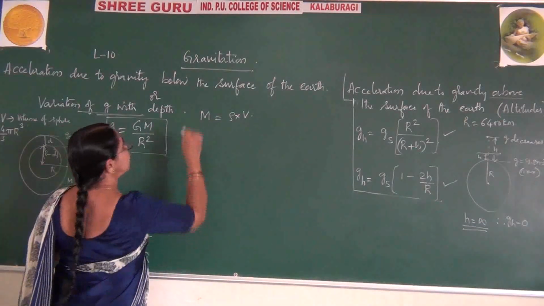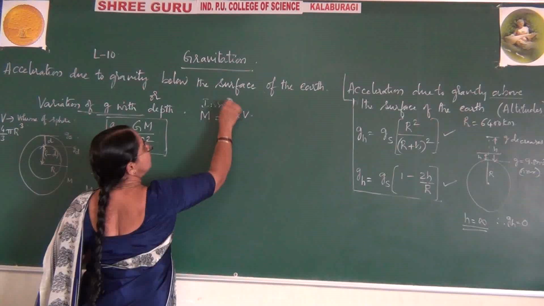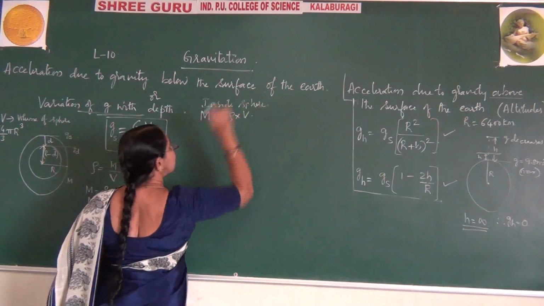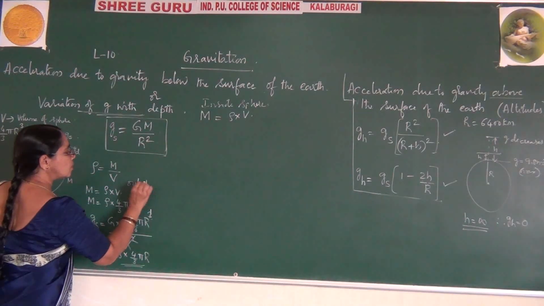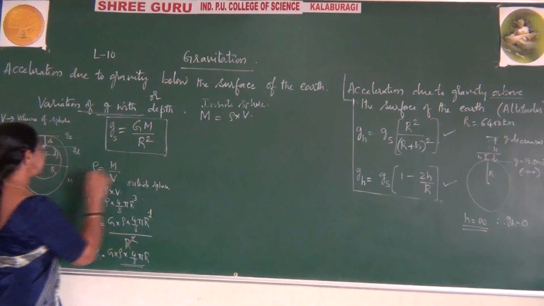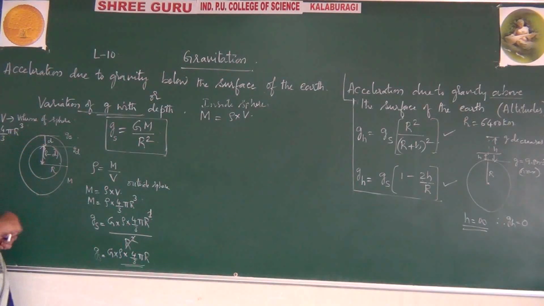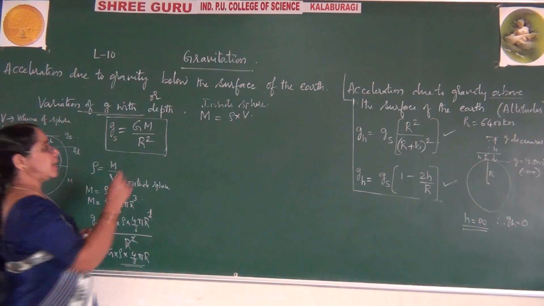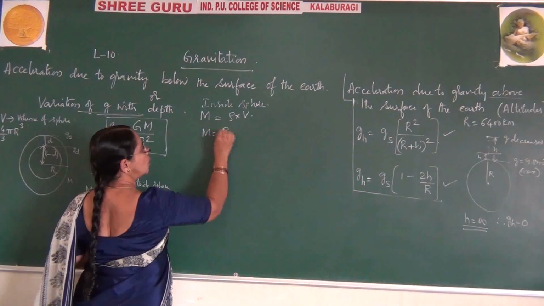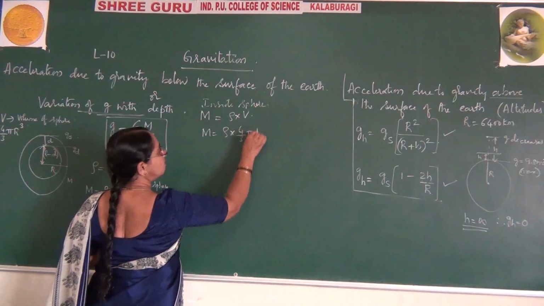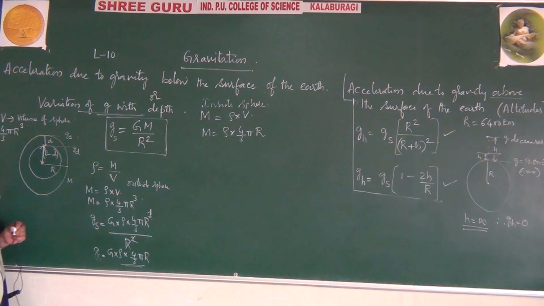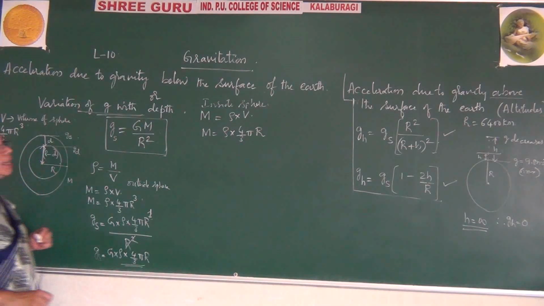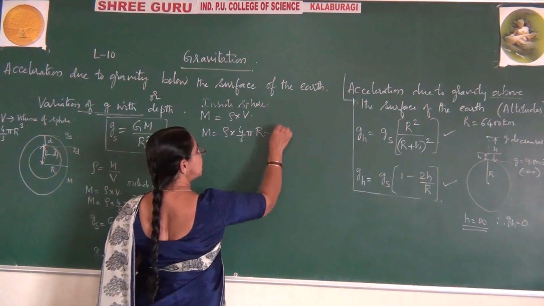This is for the inside sphere. Please remember how I wrote this one: this is for the inside sphere, and this is for the outside sphere. So we have two spheres here, one which is inside and the other one, the outer sphere. Now let me write the inside sphere mass, which is equal to rho into 4 by 3 pi r. But I should not take r, because the distance d has already gone inside. So what is left out is r minus d. I should take r minus d whole cube.